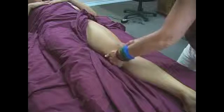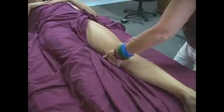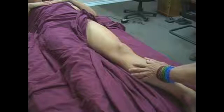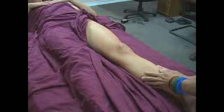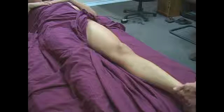Working down, getting into the popliteal nodes, the nodes behind the kneecap. Working down the shin. If someone is detoxifying because they feel like they need to detoxify themselves, this helps the body to be able to go through that process as well. Ankle, foot,